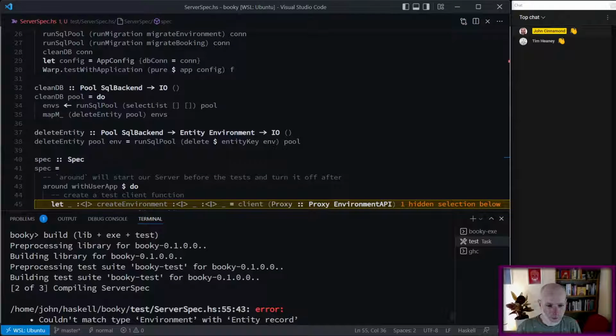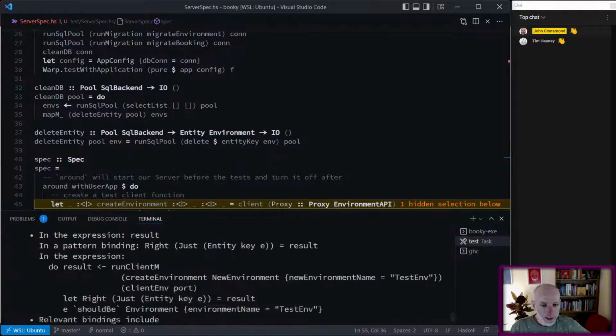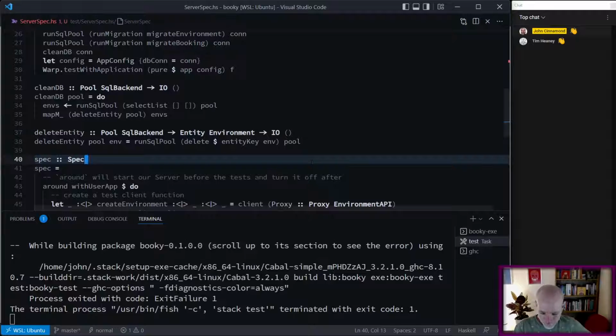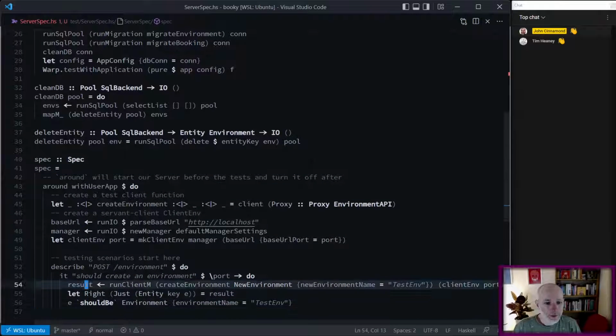Okay. Couldn't match type environment with entity record. Oh, excellent. It won't compile because I'm trying to. It knows what the type of this API endpoint is, and it knows it doesn't return entity. It knows it returns just environment. So